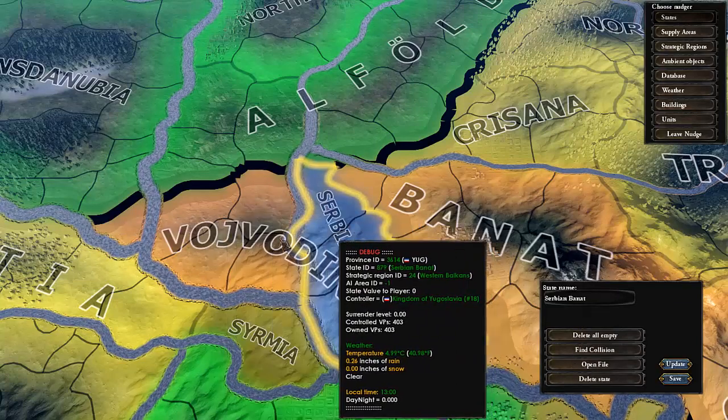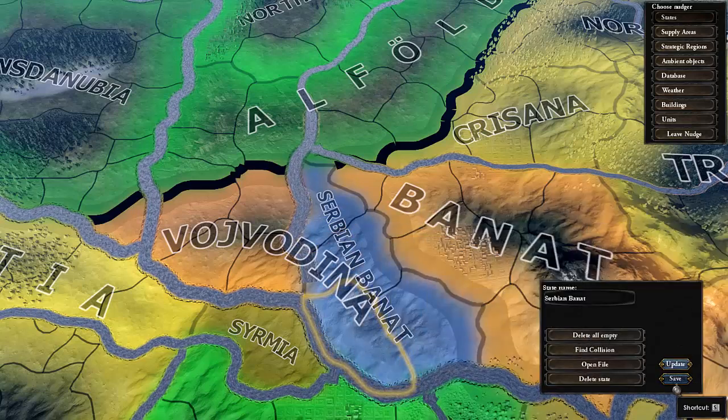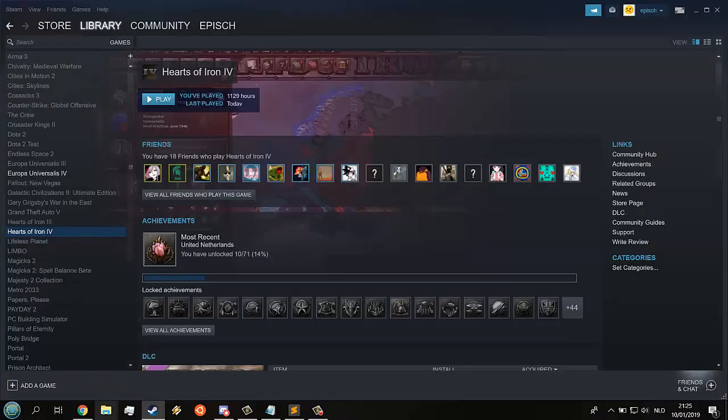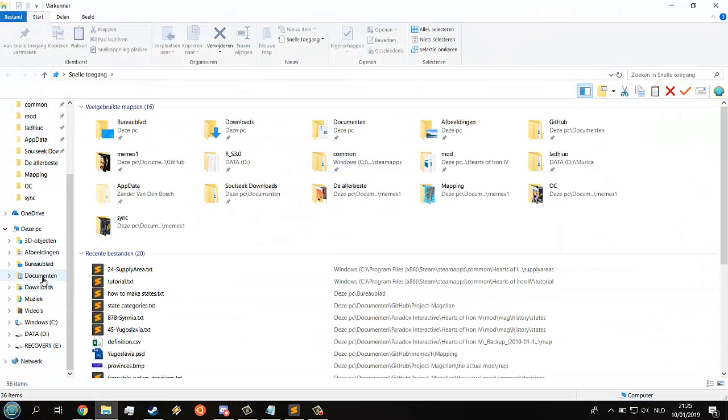It might look a little weird if you have a mod installed, but not to worry. Just click Save in the bottom right hand corner and then you can leave Nudge for now. Once you have left Nudge and returned to the home screen, you can click Quit, and next thing you want to do is open your Explorer and navigate to Documents,